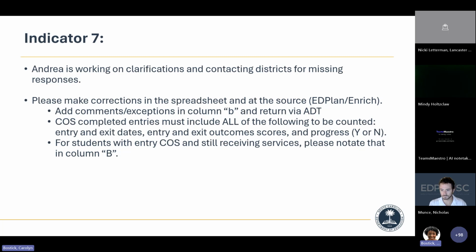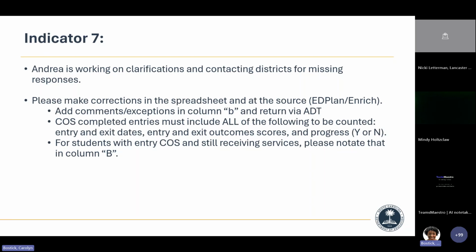Please make sure that you make your corrections in the spreadsheet and at the source, whether it be at Plan or Enrich. If you have specific comments that you would like her to know about that particular child's information, please add that in the comment column in column B and return it via ADT.